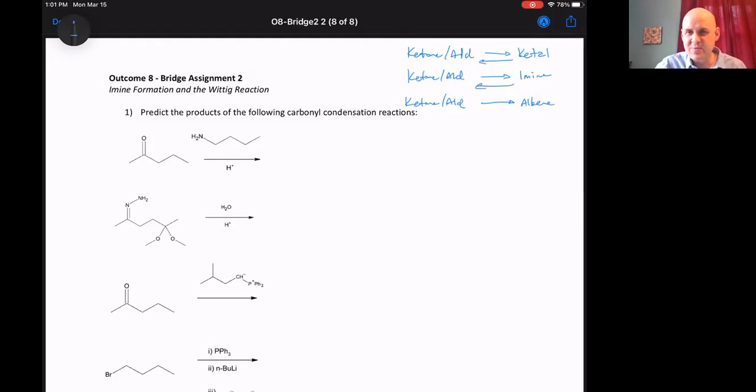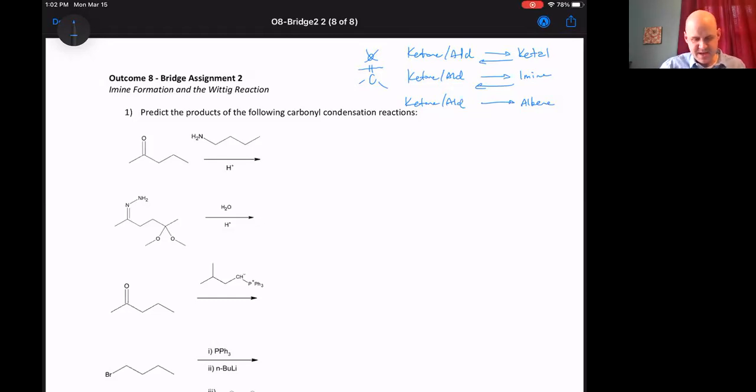I hope that what you can see here is that in all of these cases, what you're doing is you're starting with a C double bond O. And in all three of these reactions, you're cutting this bond and getting rid of the oxygen and replacing it with something else. So the ones that we did last Friday, the product ended up looking like this, where you turn the C double bond O into two ethers. So you replaced a double bond O with two single bonds to ethers. Both of the reactions for today replace a double bond O with a double bond to something else,